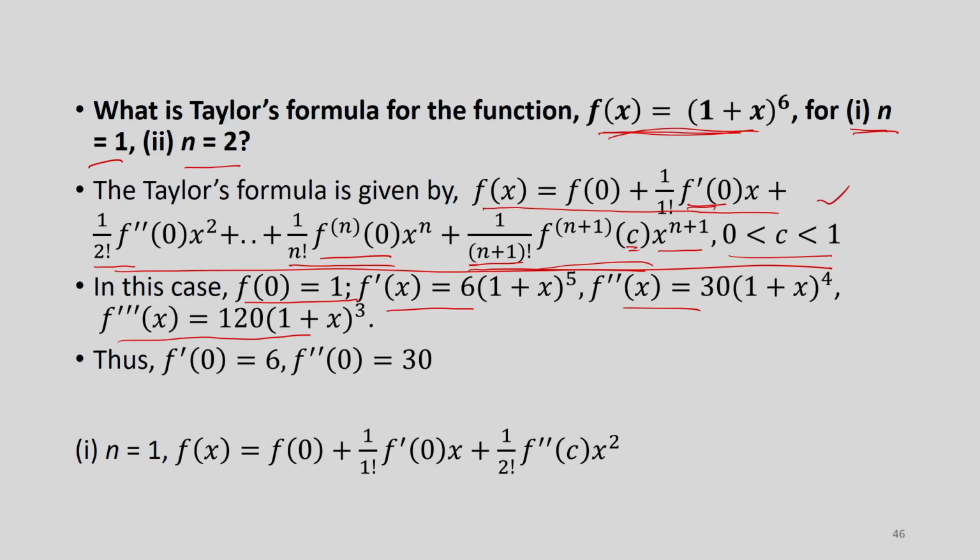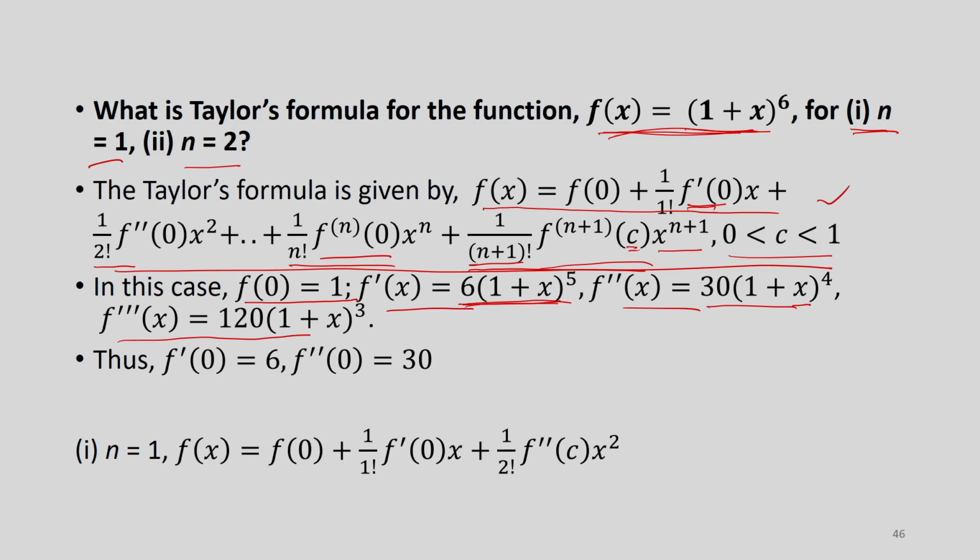What is f dashed of x? I take the differentiation of this, so this will give me 6 multiplied by (1 plus x) to the power 5. And what is f double dashed of x? I take the differentiation of this function, 6 multiplied by (1 plus x) to the power 5, and I get 30 multiplied by (1 plus x) to the power 4,